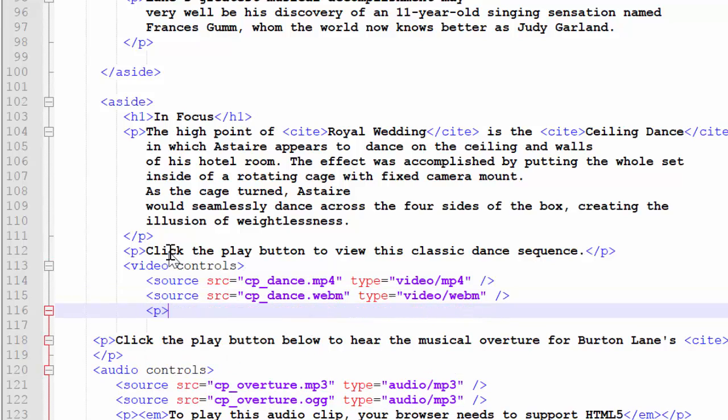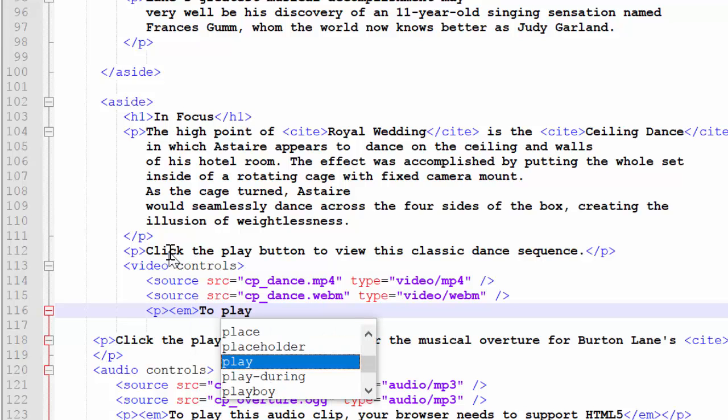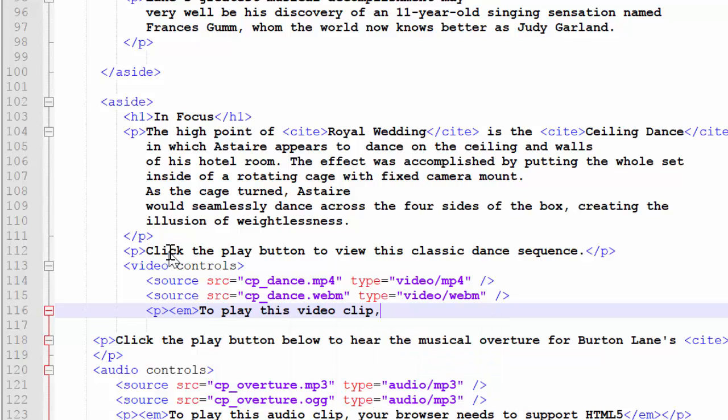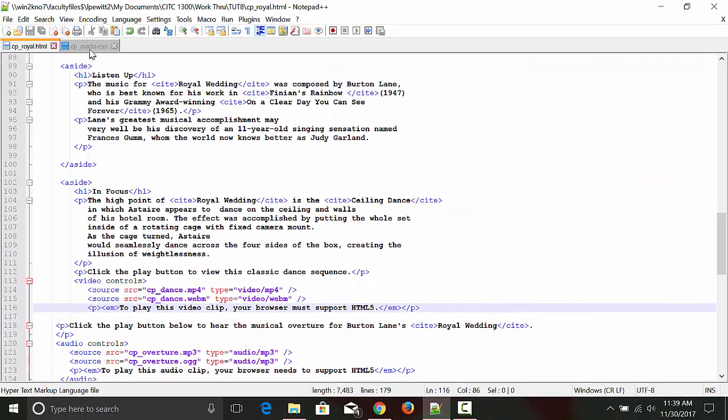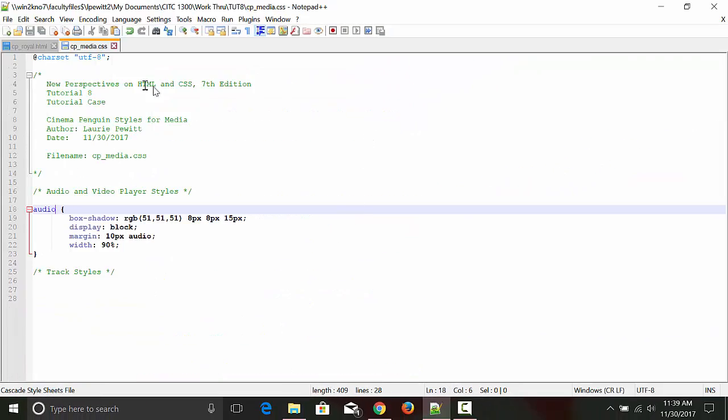Okay, and here's the message, just in case your browser does not support HTML5. This is also known as fallback text. Alright, so I can save this, and I'm going to go to the style sheet, the